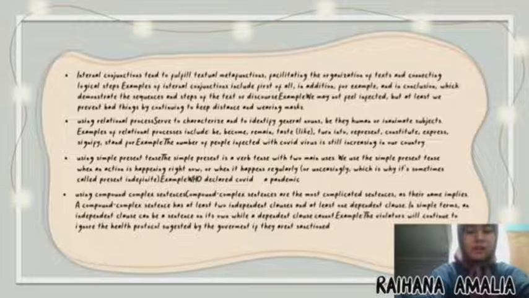Examples of internal conjunction include first of all, in addition, for example, and in conclusion, which demonstrate the sequences and steps of the text or discourse. Example: we may not feel infected, but at least we prevent bad things by continuing to keep distance and wearing